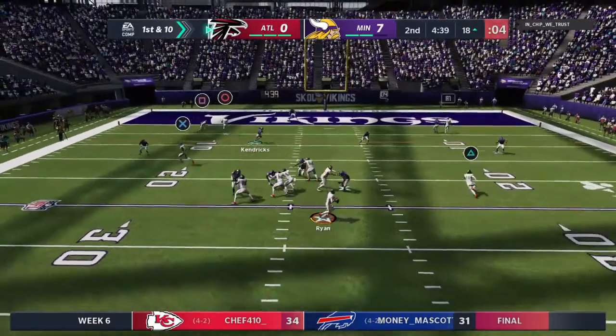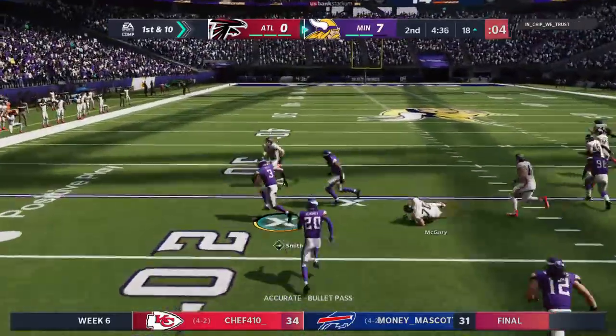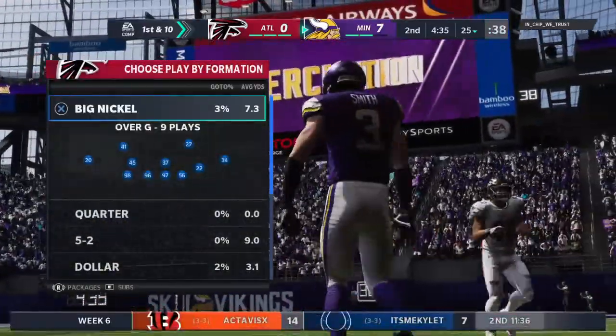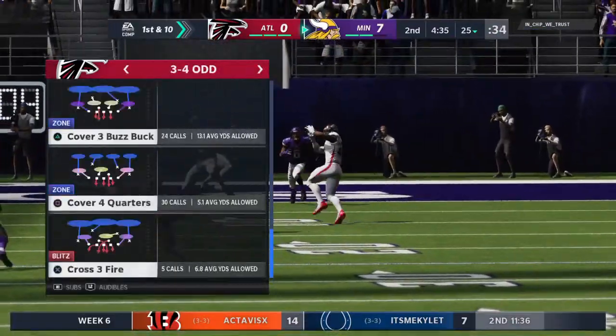From the red zone now, they'll look to throw. And that'll be intercepted by the Pro Bowl safety Harrison Smith. And the return will stop right around the 25. Charles, not only is that an interception, it's one when you were really knocking on the door for a touchdown